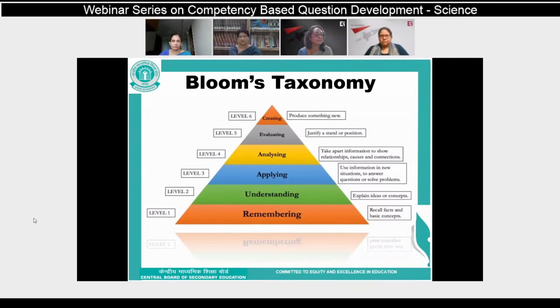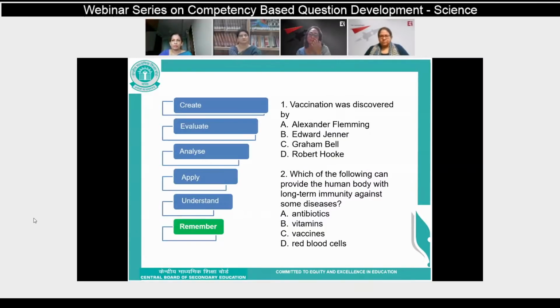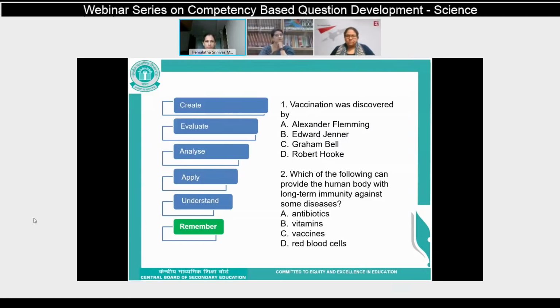Next slide. For this example, it is just an MCQ question. MCQs can be used to test any competency, from remember to create. Vaccination was discovered by... This is only a simple direct recall question. That means children will be answering A, B, C, D, whatever the options given to them. This is a simple basic recall question. Next